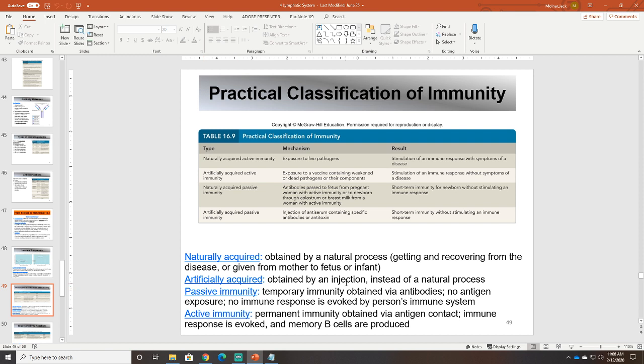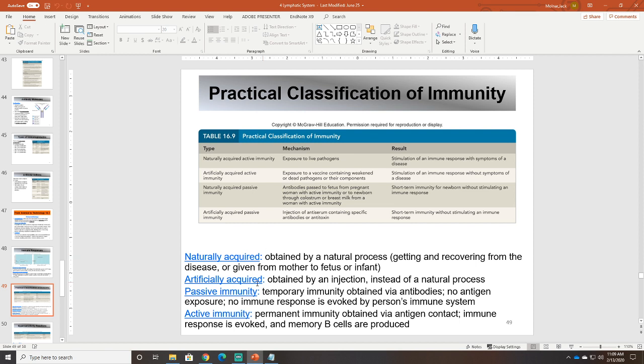Now, what does that mean? Naturally acquired immunity, basically, the name tells you, it's obtained through a natural process. When you're a little kid, you go out and you play in the dirt. You're going to be exposed to bacteria. That's naturally. When you acquire an immunity to the bacteria in the dirt, that's a naturally acquired immunity. When you're a kid, you get chicken pox. That's a bad example because chicken pox is with you for life. When you're a kid, you get certain diseases, and then you're immune to them for the rest of your life. That's a naturally acquired